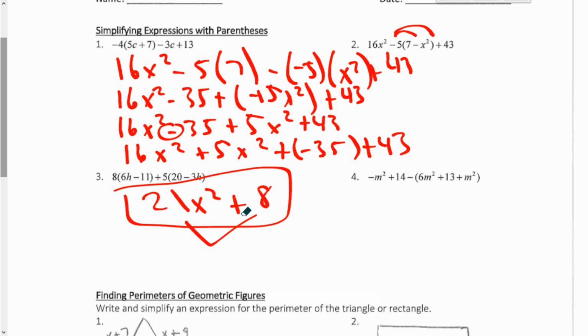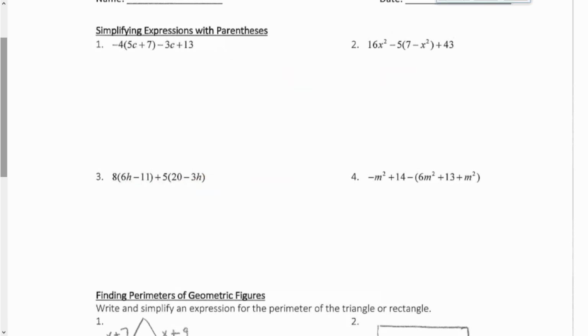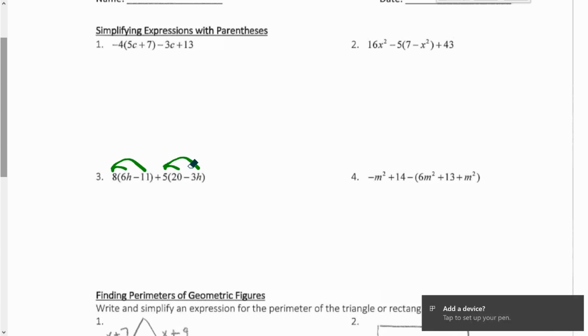So that's the simplified version of number 2. I'm going to let you guys try number 3. Don't forget you're going to have to do the distributive property in 2 different places here. So that's the first step you're going to have to do. I'm going to go ahead and work out number 4 because there's something I want to show you guys on